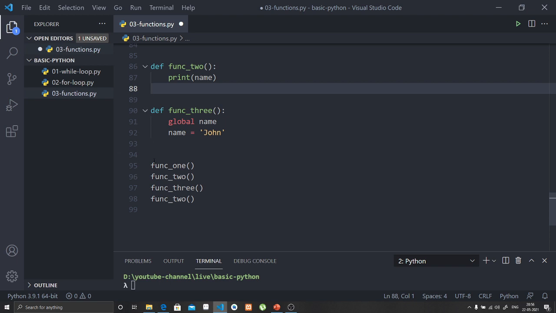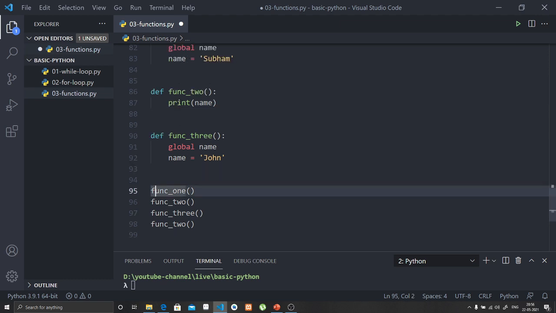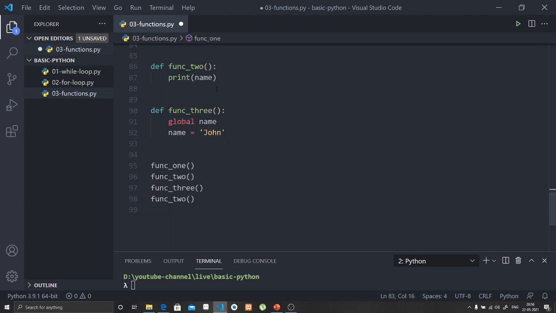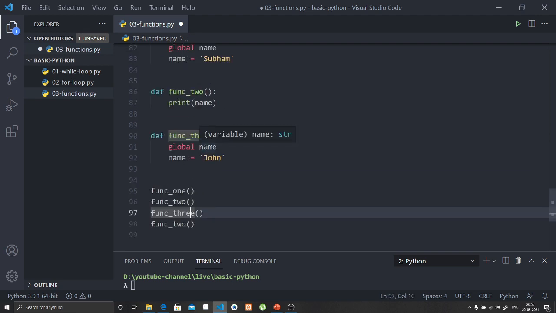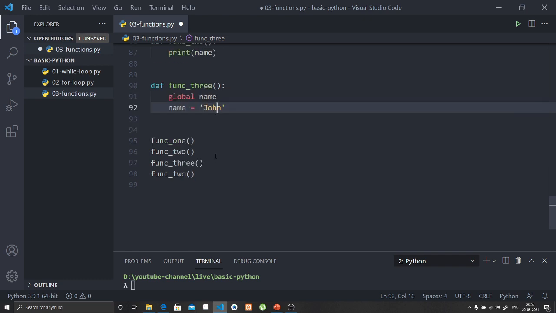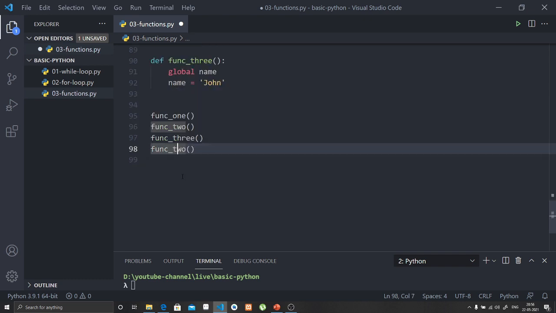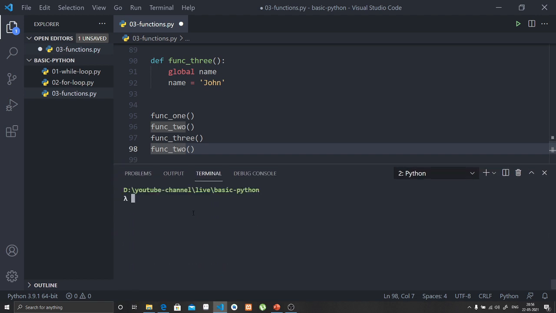So once we call func1, the value will be set to Shubham, and func2 will print Shubham, and after func3 is called, the value of the global variable is reassigned to John. So func2 will now print John. Let's run this code and see.